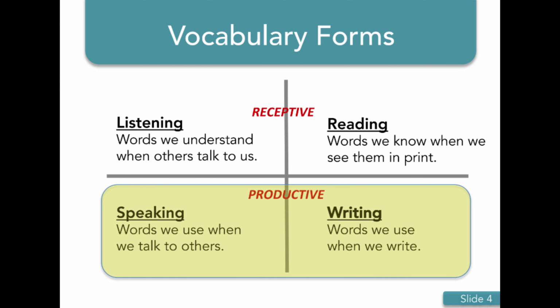So instead, I want you to think about planning your lessons to include lots of opportunities for productive language, which means more speaking and more writing. If they have to speak about their learning and write about their learning, they're not just receiving information, they're having to do something with the information that they've learned. In other words, they're having to do something with that content that they've just learned. And I know all of us want kids to learn that content at a deeper level. Getting them to speak about their learning and write about their learning is going to get them at that deeper level. Okay, that was the 3rd secret to a highly engaged classroom, ensuring that we're providing more productive language opportunities